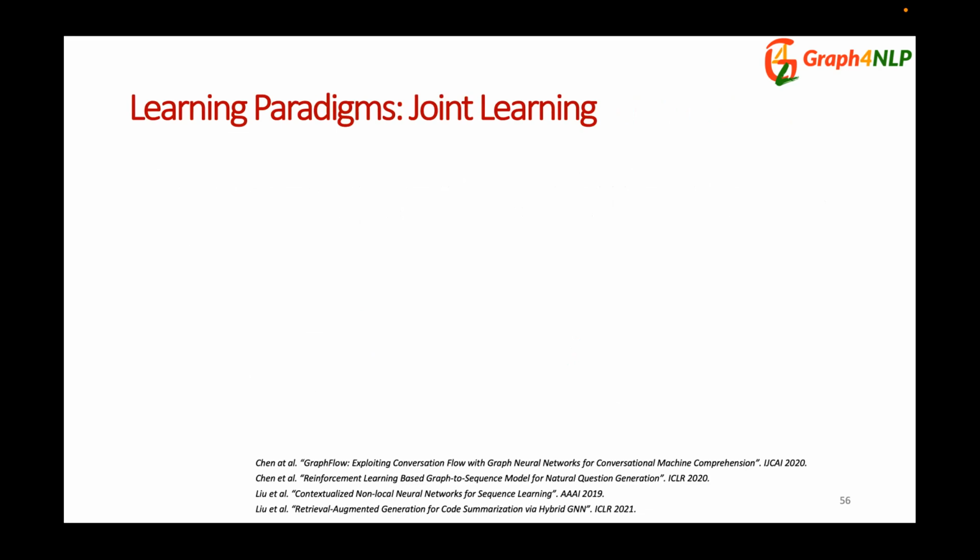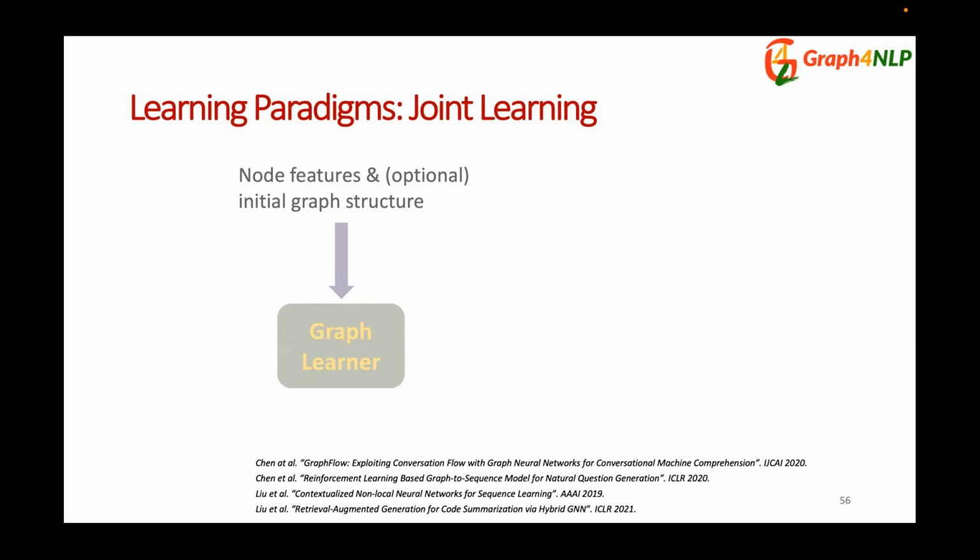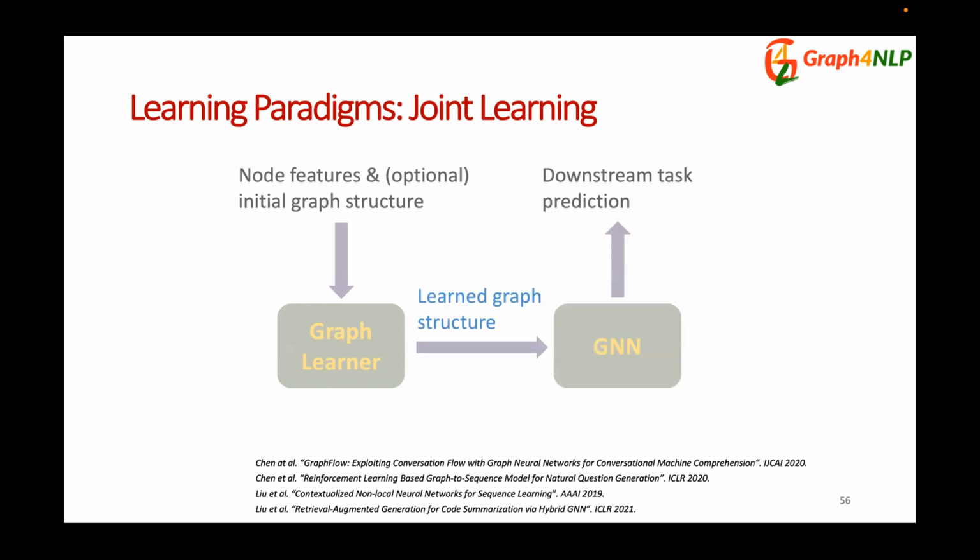Let's talk about the various learning paradigms for dynamic graph construction which have been explored in the existing literature. Most existing dynamic graph construction approaches for GNNs consist of two key learning components: one is the graph structure learning component, and the other is the graph representation learning component. The most straightforward strategy is to jointly optimize the whole learning system in an end-to-end manner towards the downstream